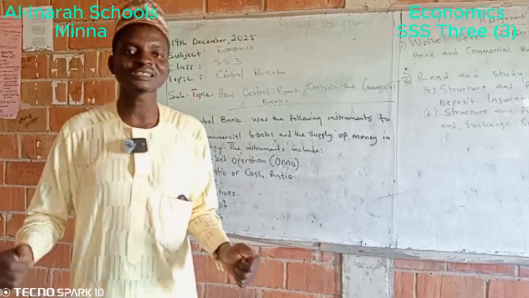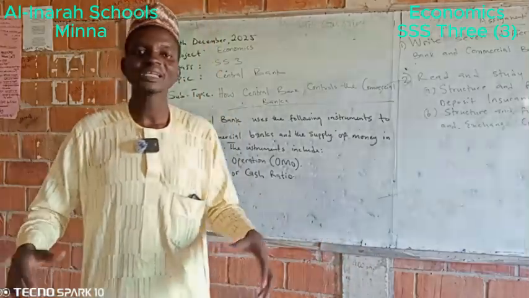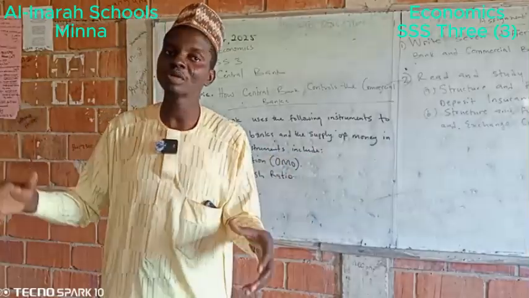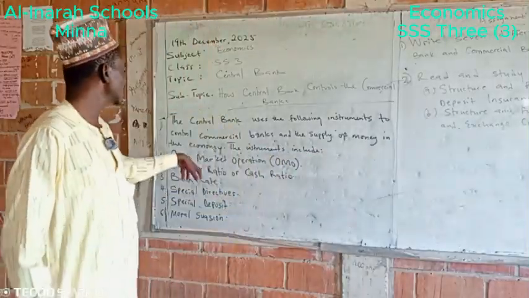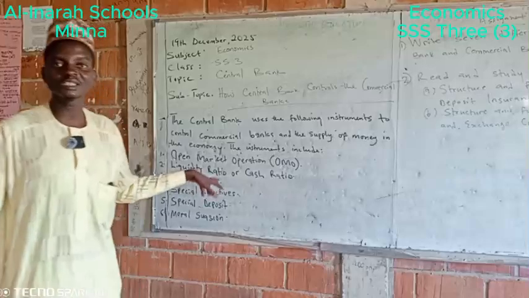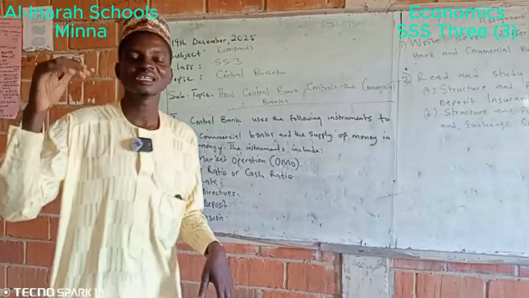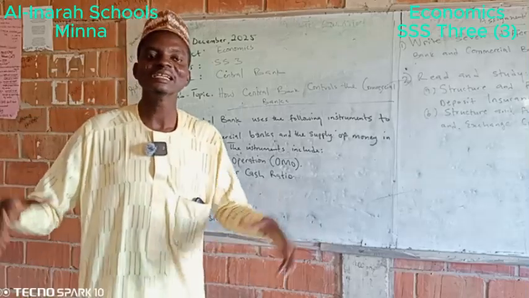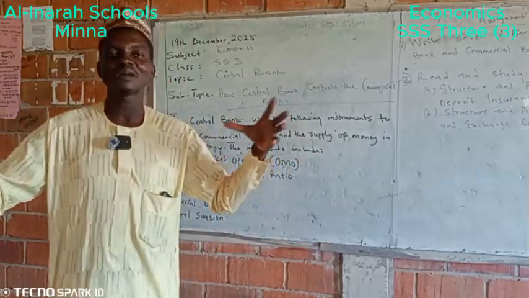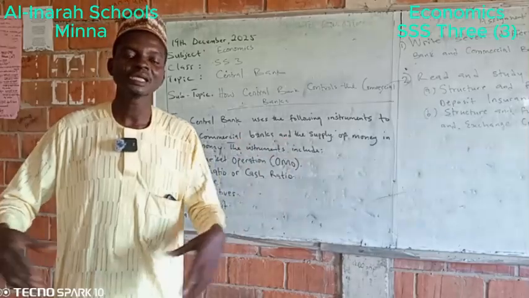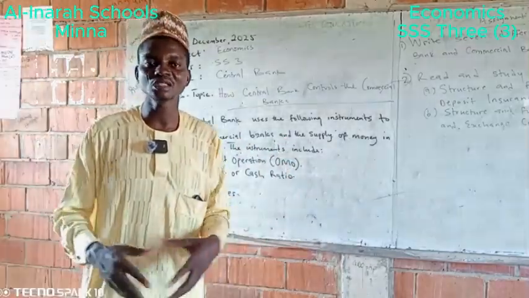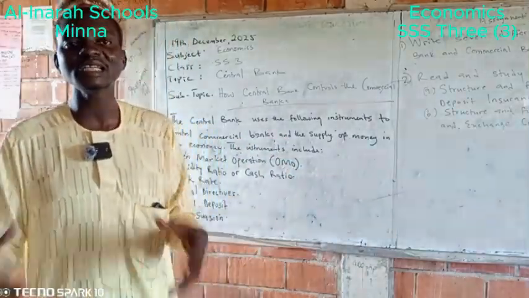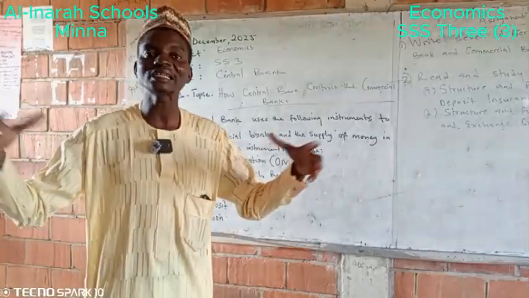So if the central bank wants to increase the volume of money in circulation, the cash ratio or the liquidity ratio will be reduced, maybe 5%, 10%, 15%, so that the commercial banks will have abundance money with them in order to give their customers, in order to engage in day-to-day transaction and also increase the volume